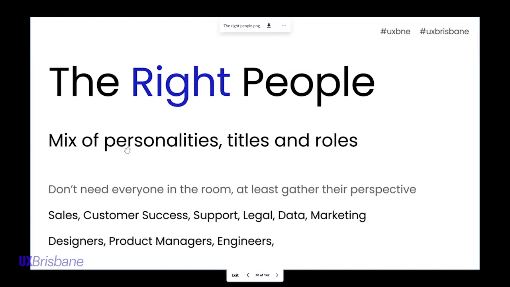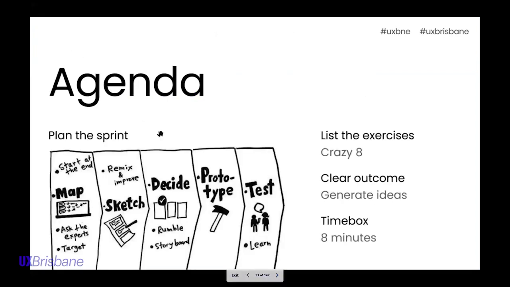Following that, it'll be best to plan the sprint, following the GV sprint kind of timetable. You have this kind of 5-day sprint, but it doesn't matter, because a lot of the time companies don't really have the resources to give you five days to work on this. So sometimes you might actually squish it into 4, 3, I've even been into a couple which were squished into one day, and it really depends.